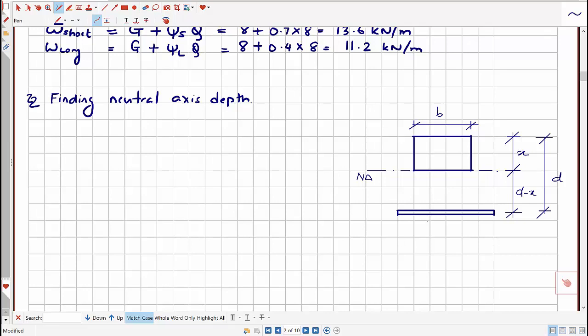And to transform the steel into corresponding concrete area, we have to multiply with n, and the area of the steel is Ast. So with this, we can find the neutral axis for the cracked concrete section in the inelastic condition. So let's find it out. Now taking the area moment about the neutral axis,